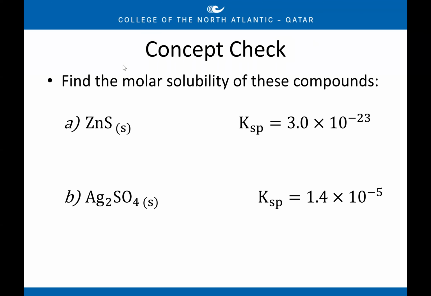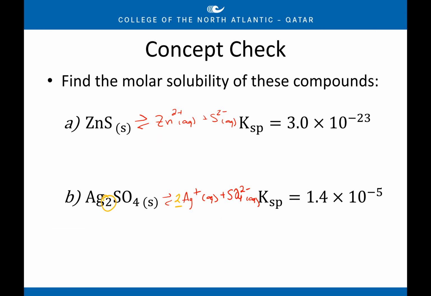So there are workings here that you can show, but you don't actually need to. The first thing you would want to do is figure out how many ions this chemical is getting split into. So there's this one, and then there's the second one. Now, with the second one, be very careful, because I'll show you something in a minute. With the second one, it's really important that you note that there are 2 silver ions in that,